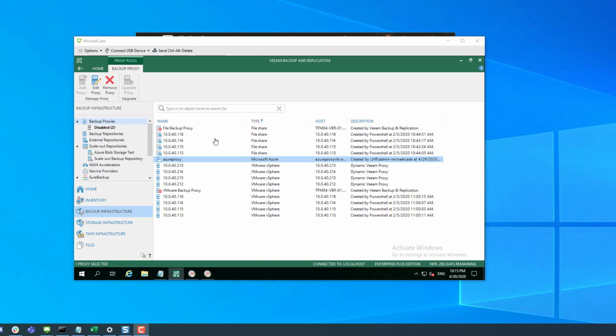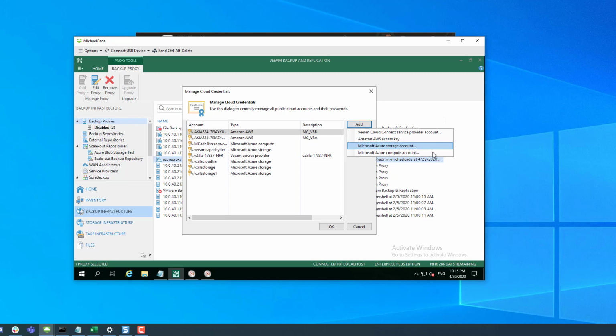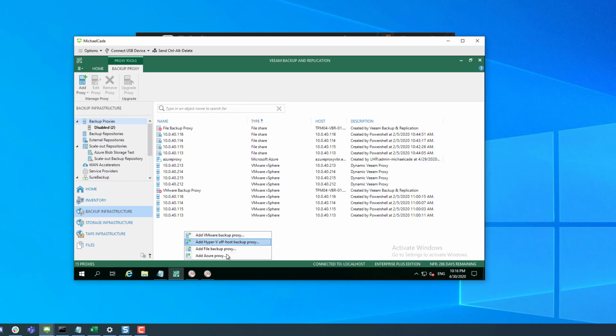So when you add in your Azure accounts, whether that's the compute or whether it's a storage account for Azure, as you can see here, I've got a storage account and a compute. When you add that compute account, that enables another option to add another type of proxy, which is an Azure proxy. What that proxy allows us to do is upload the data or the backups into that proxy to then